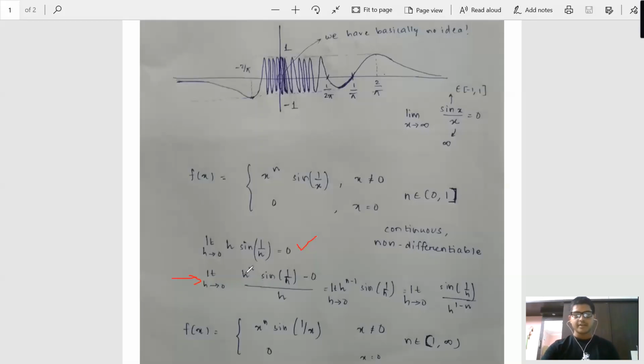No issues there. So remember how to find if the function is differentiable or not at a point. You can take limit h tends to 0, (f(h) minus f(0)) by (h minus 0). So this is checking at x equal to 0 if it is differentiable or not. For other points, we would see later how to do that. Fine. Let us move ahead.